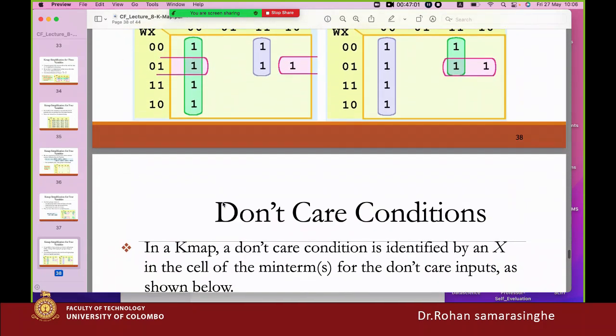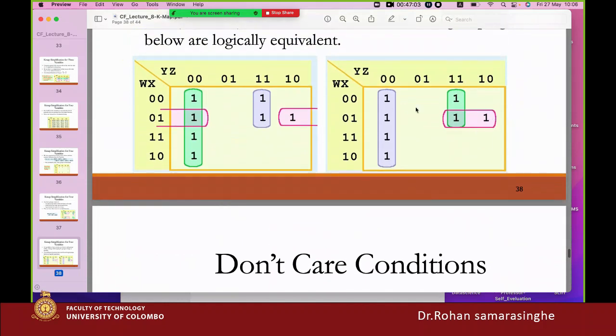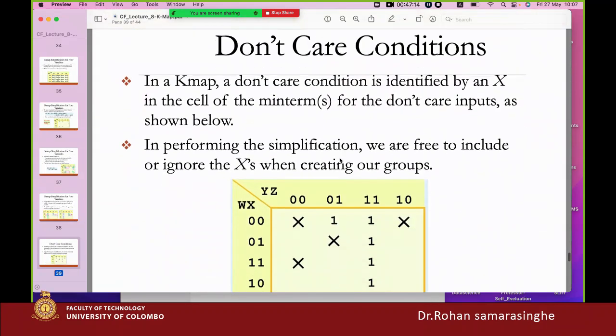It's logically equivalent. So this also has three groups, this also has three groups, a maximum of 4 variables in one group, 1, and 2 variable groups, 2. Okay, then